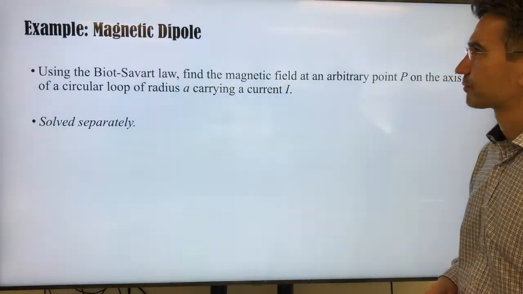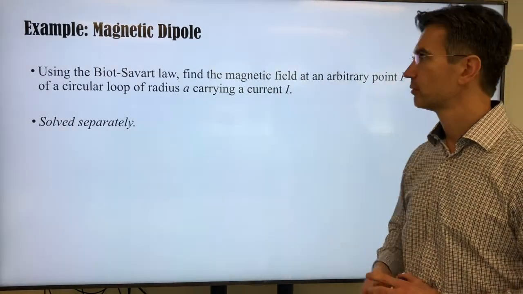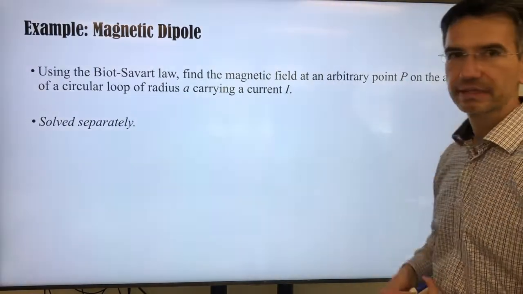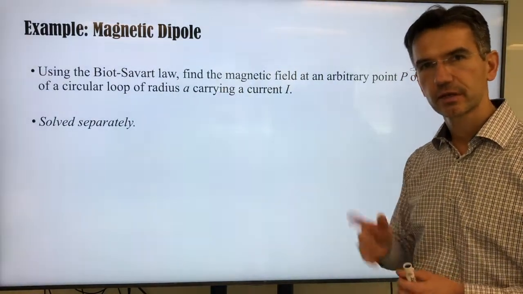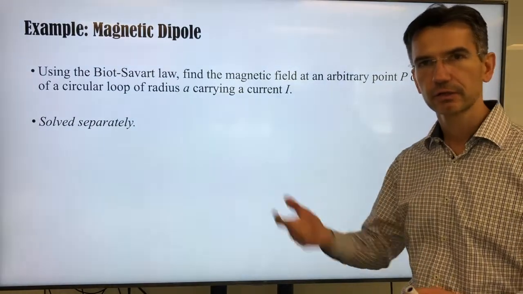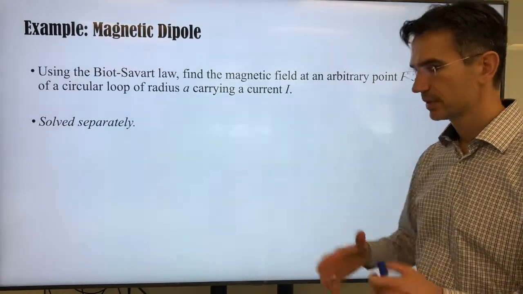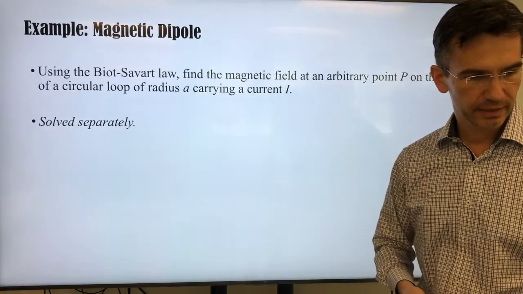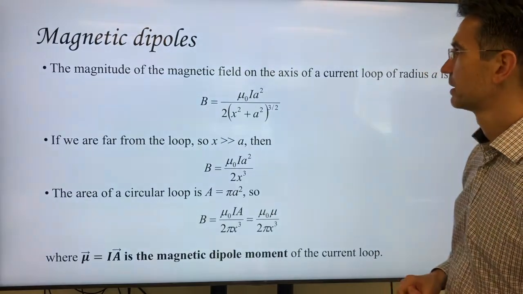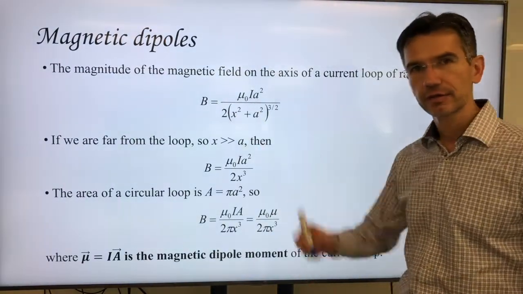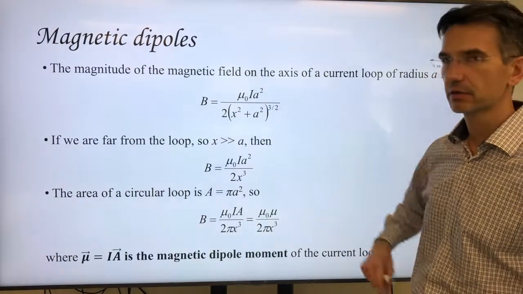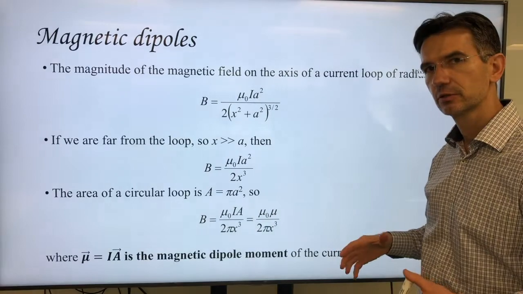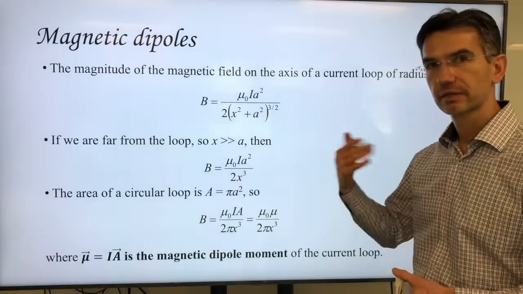In the next example, we'll introduce the concept of a magnetic dipole. So we'll go through a derivation, which I'll do separately, on what the magnetic field strength is at an arbitrary point along the axis of a current carrying loop. And this current carrying loop is a model of a magnetic dipole. And in the derivation, we will see that the strength of the magnetic field on the axis of the loop is going to be proportional to the current in the loop. It's going to be proportional to the square of the radius of the loop. So the bigger the loop, the stronger this magnetic field is by the square of the radius of the loop,